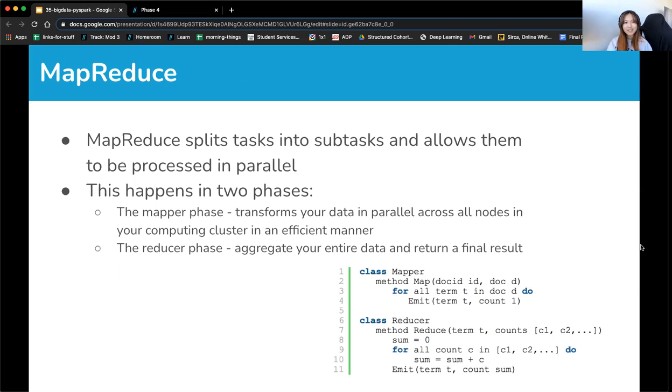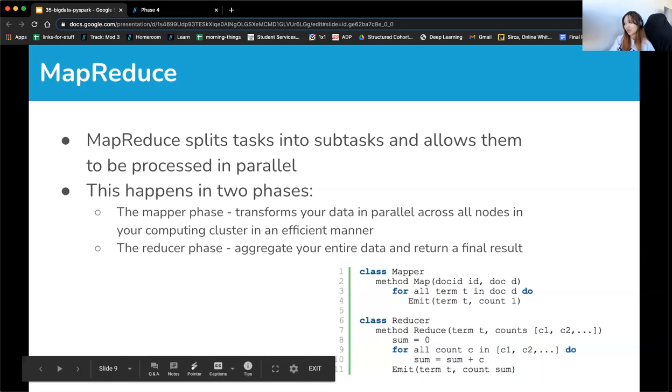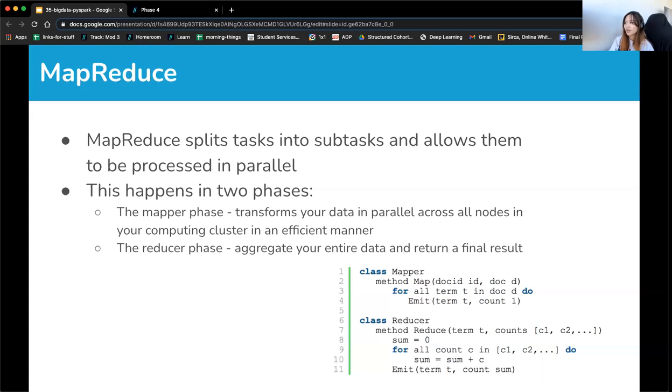It's a pandas function. It's a Python function as well. Let's say you want to run a function on every row of your data frame, you would use map or apply, but same idea. That's what map does. You're taking one function and you're mapping it onto multiple things. So the mapper phase transforms your data in parallel across all nodes in your computing cluster in an efficient manner. And then you have the reducer phase, which is the aggregation phase, aggregates your entire data and returns some final